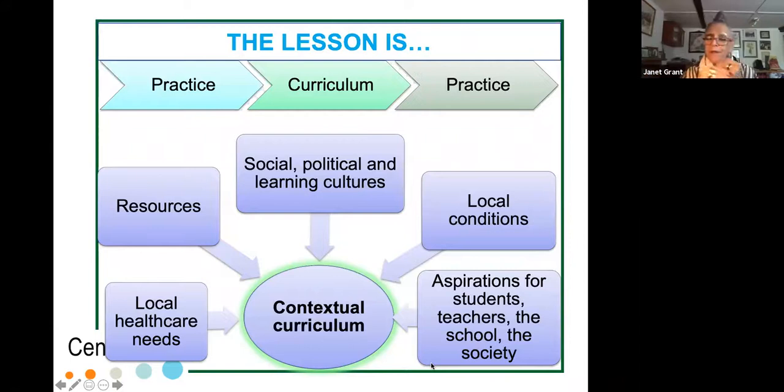What are they? The resources that you have. How many people, and buildings and spaces and clinical attachments have we got? You must take into account your local culture, your local conditions, and the aspirations of your students, your teachers, the school, society. So curriculum planning begins by looking at the